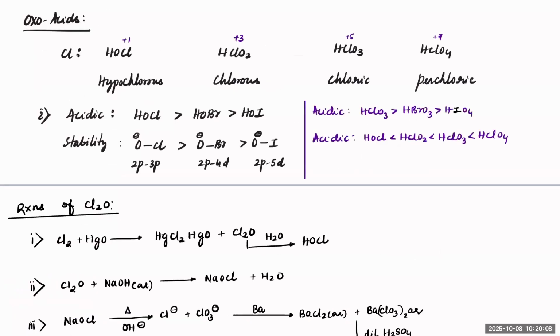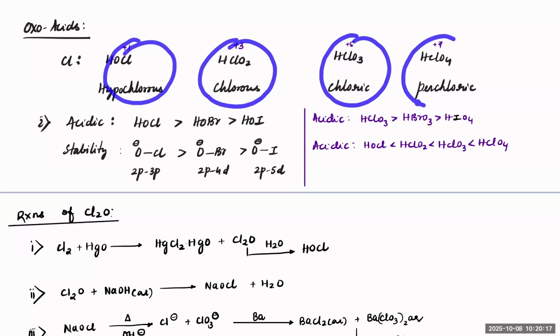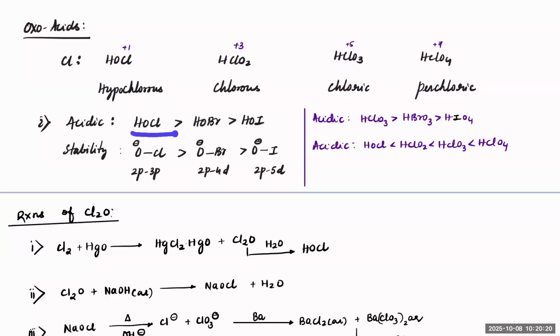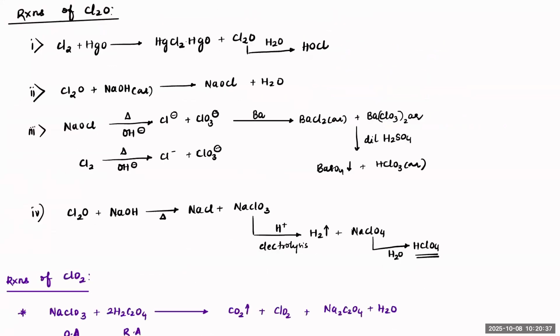All right. So last time we discussed the introduction to oxoacids. We have chlorous acid, chloric acid, and perchloric acid. This is the acidic strength. The stability varies this way. And when it comes to the acidic strength of HClO3 and HOCl, this is how it will vary. This is where we stopped. Clear? Now, if you compare the reactions of compounds here, starting with